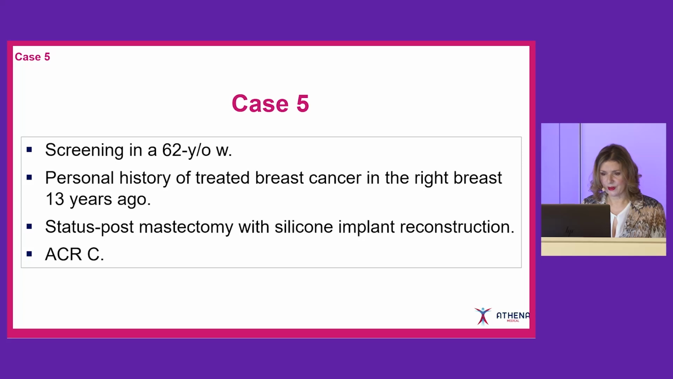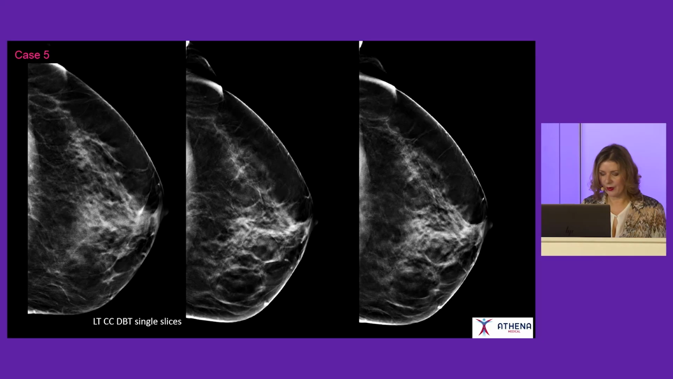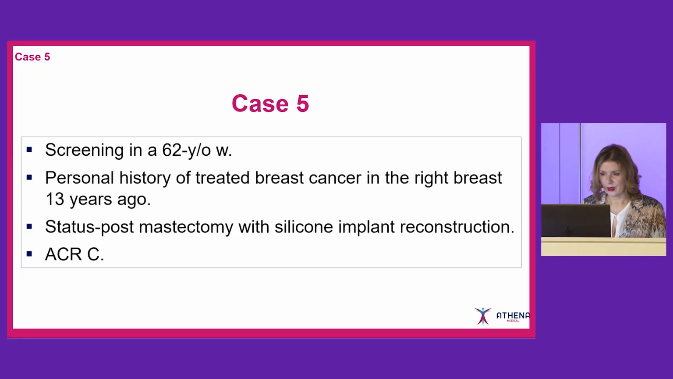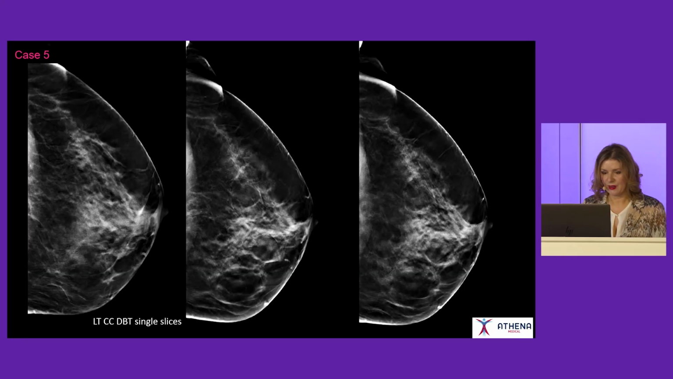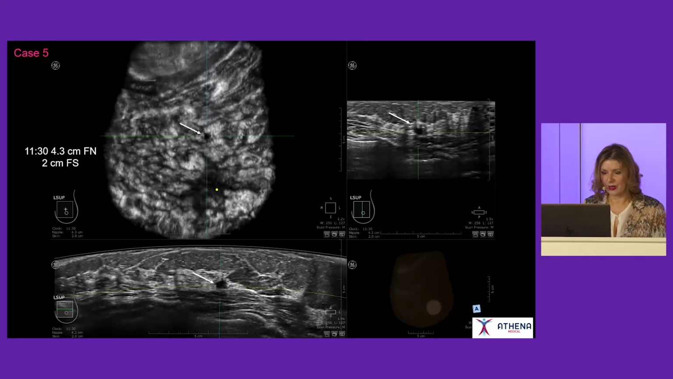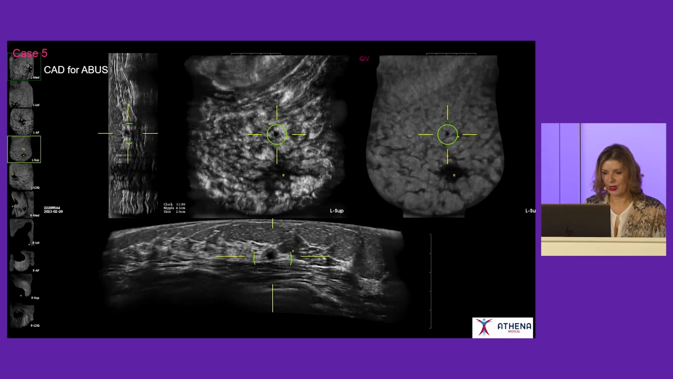Our next patient is 62-year-old. She had right mastectomy 13 years ago, and then she had silicone implant reconstruction. These are her DBT of the left breast slices. Nothing is seen but her ABUS, there's a tiny mass located at 11.5 o'clock position of the left breast, very clearly seen. Also, AI depicted this suspicious lesion. You can see how it is nicely highlighted with green